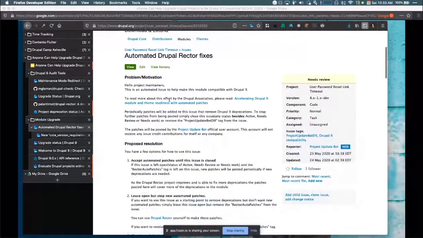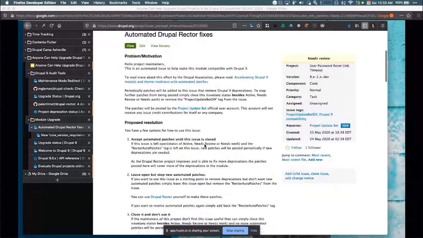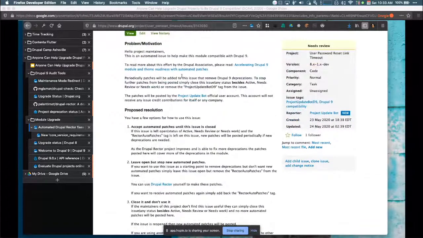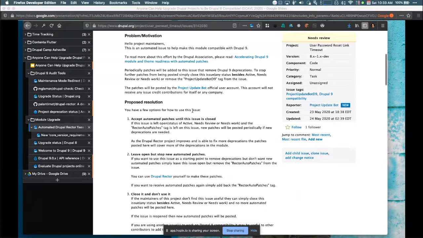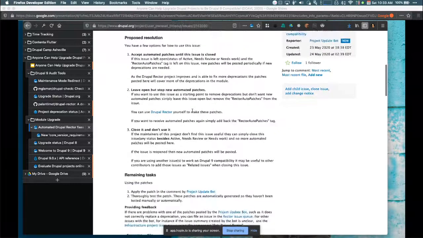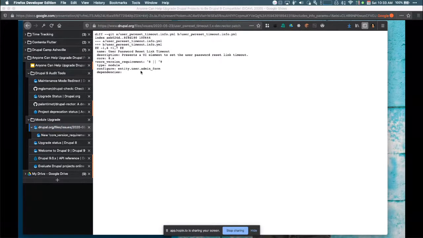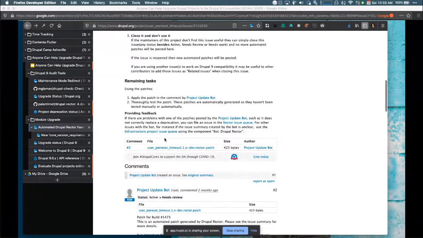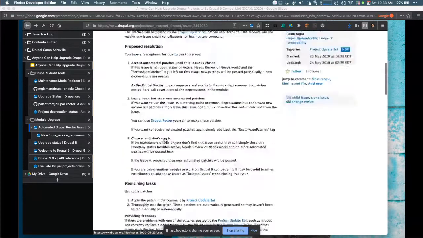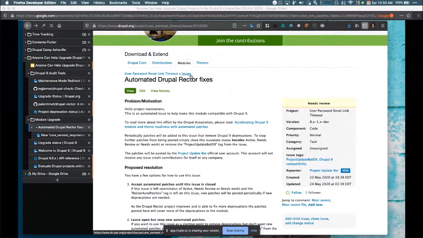The Drupal community basically, and if you go into this issue, feel free to read all this, it explains everything, but this is an automated bot that will automatically run Rector that we just reviewed, and it will automatically say this needs to be fixed and submit even a patch. So that provides us a patch of the fix. And the only fix they've said that we need is this Drupal 8 and 9 core version requirement fix. And we'll be good. So that's good to note.